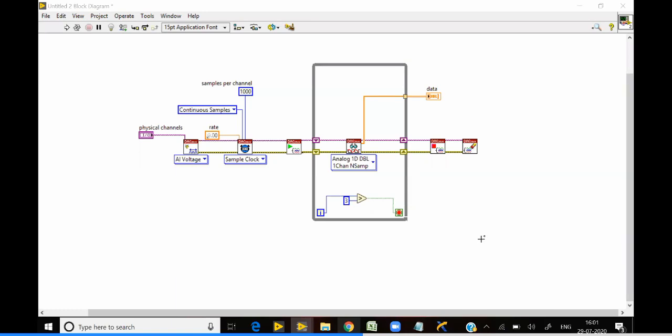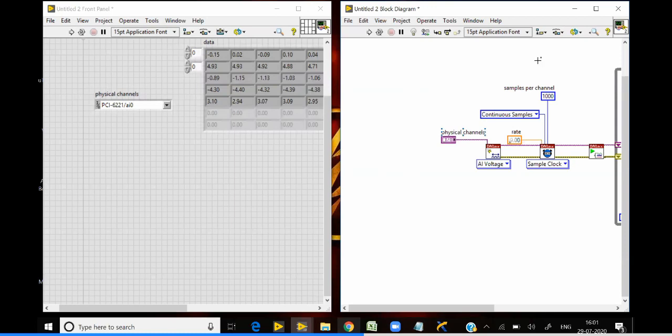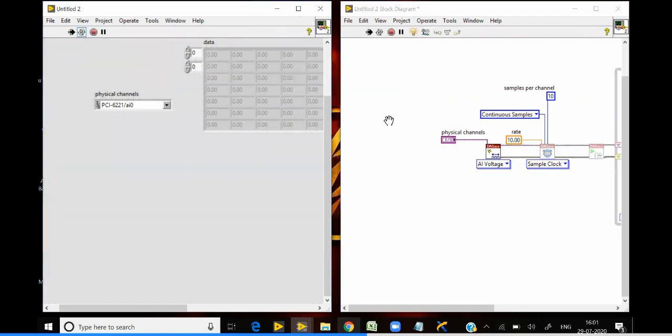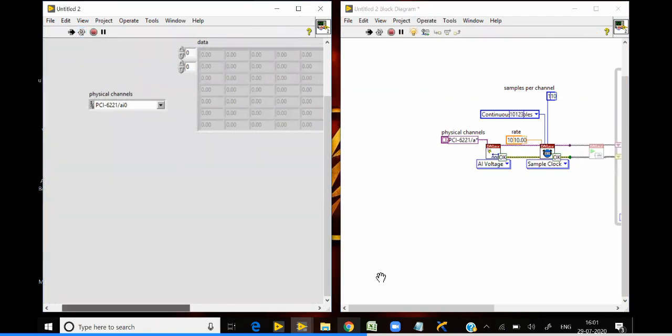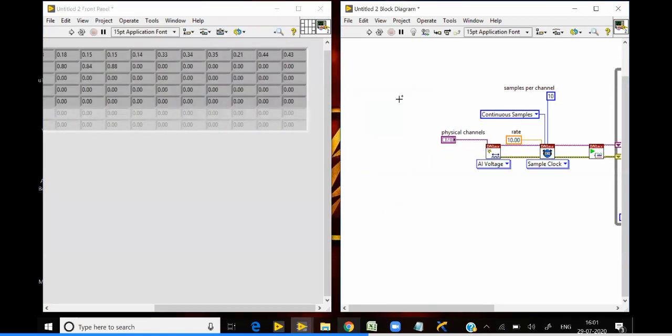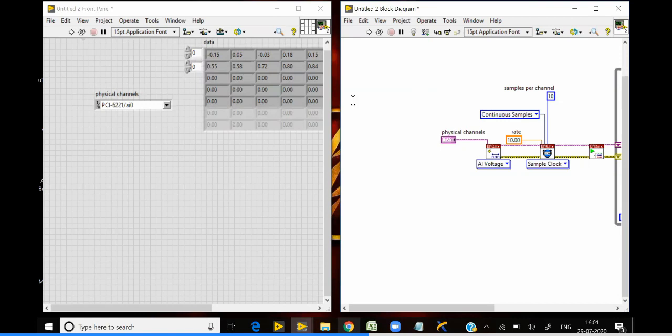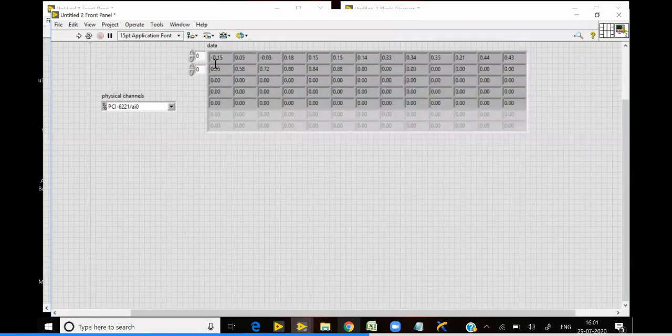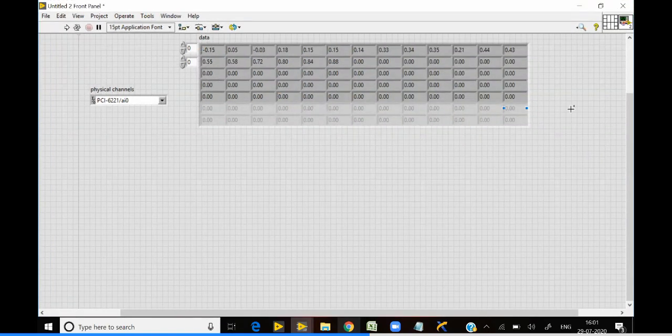So instead of making it complex, I'll just make it simple, I'll make it 10. Now we will just run the program. Okay, now I am getting 5 rows.